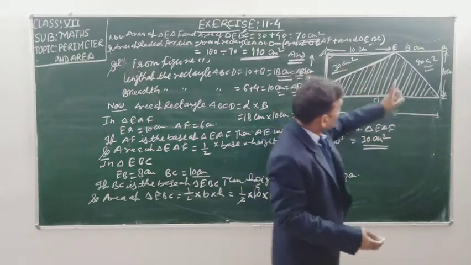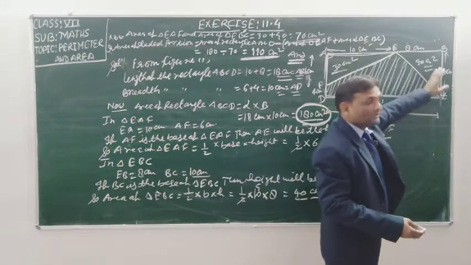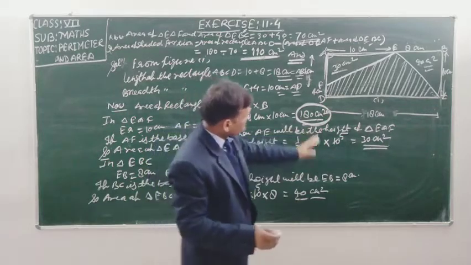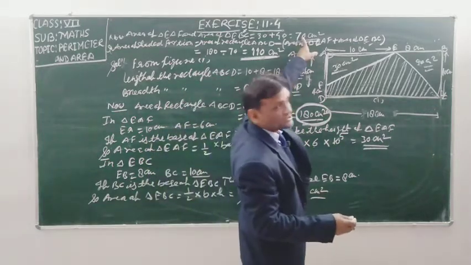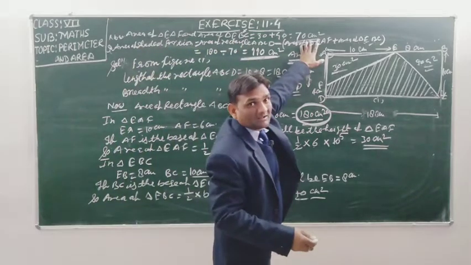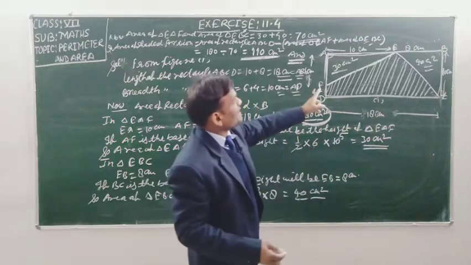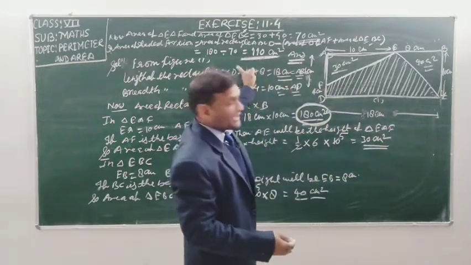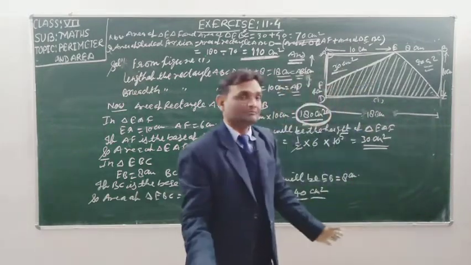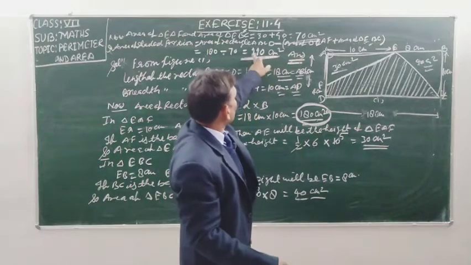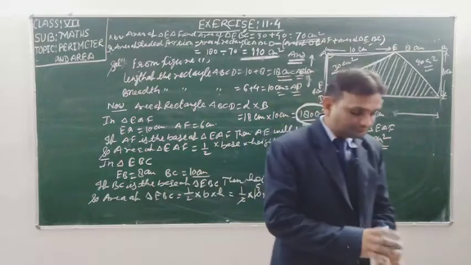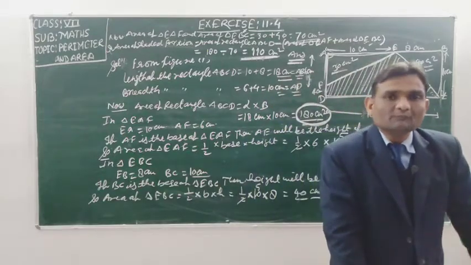Now in the second step, find the area of this triangle, that is 40 centimeter square. Now add the areas of both triangles, that is 70 centimeter square. Area of the triangles EAF and EBC is 70 centimeter square. Now at last find the area of the shaded portion. Area of the whole rectangle minus area of both triangles which are not shaded. I have subtracted 180 minus 70, which is equal to 110 centimeter square. This is the area of the shaded portion.